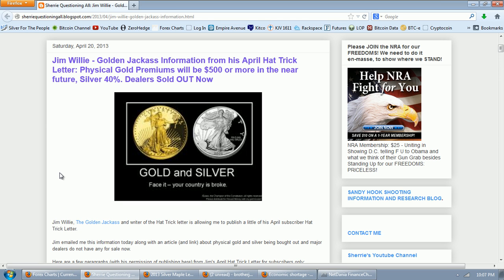Well, the obvious answer is there isn't any silver bullion coming in. There aren't any people walking in and selling their Maple Leafs, so they don't have any Maple Leafs to sell. So that brings up the very important question of who is determining prices in the silver market. Obviously, the physical silver buyers and sellers are not determining the prices.